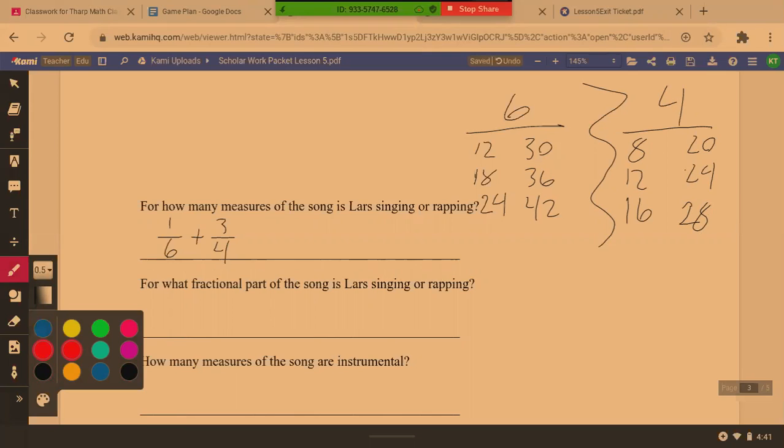Again, I repeat, please write this in your notes. The product they have in common can be the common denominator. So let's see what numbers they have in common. I see 12. They have 12 in common. I don't see 18. I see 24. Boom. I don't see 30. Okay, so let's stick with 12 and 24.